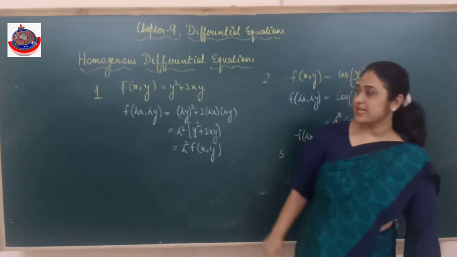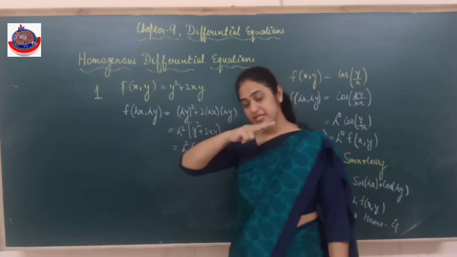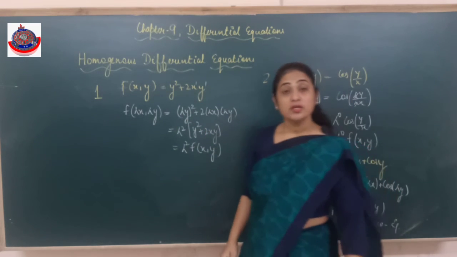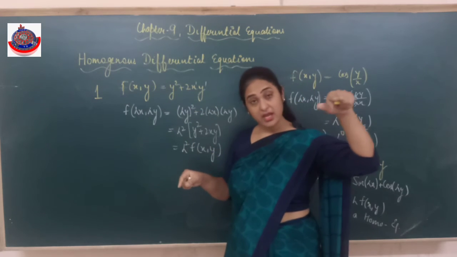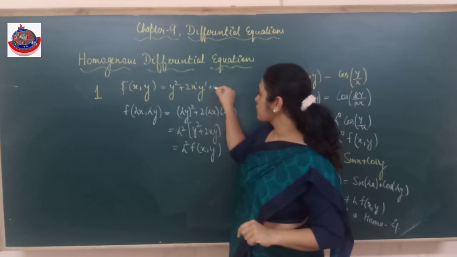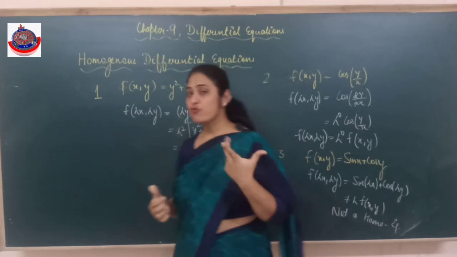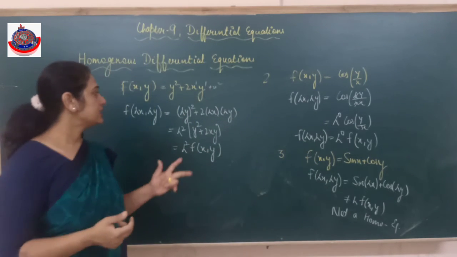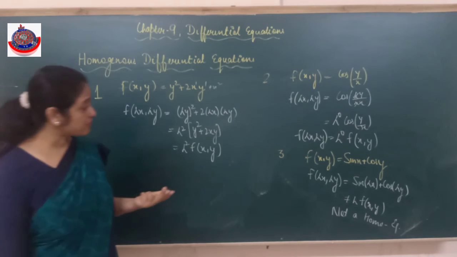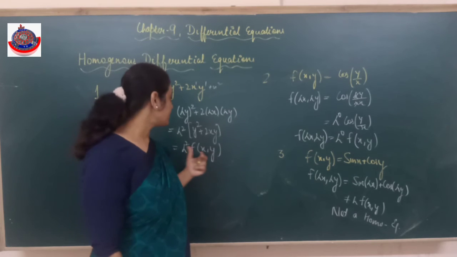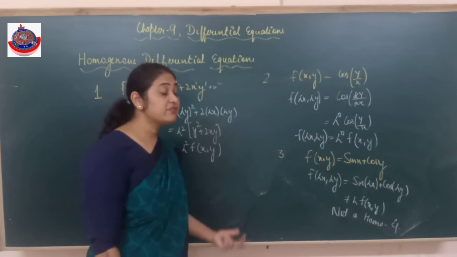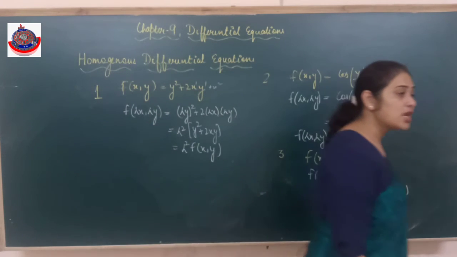Alright. One more thing is there. There is one more way of checking it. See, homogeneous means equal powers. Y has power 2. The combined power of this is 1 plus 1, 2. So that means the power has a symmetry. If the power of each term is 2, here it is x square, 2. If there is a symmetry, that falls under homogeneous equations. Is it clear? Otherwise, we have to check. If they ask you to check, first of all I'll replace x by lambda x, y by lambda y. Then I will check whether lambda is coming common and we are coming back to the same differential equation or not.